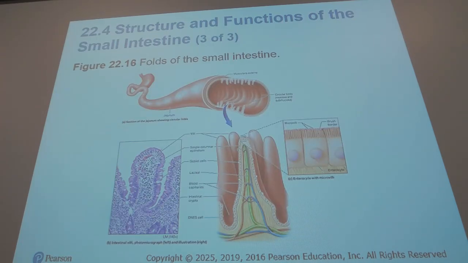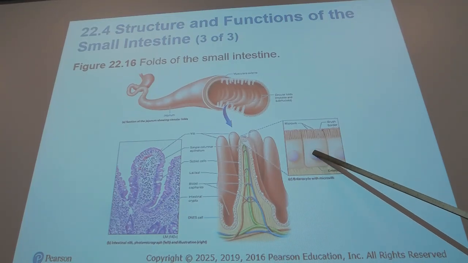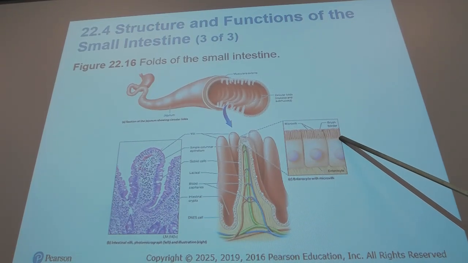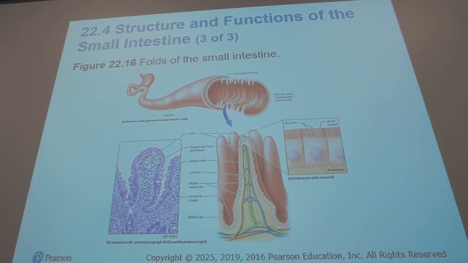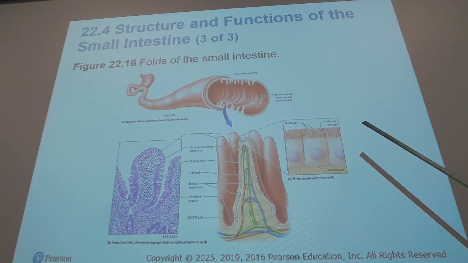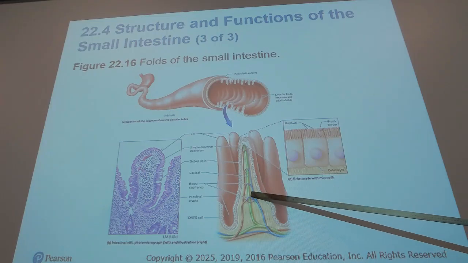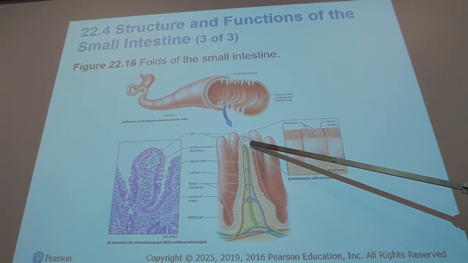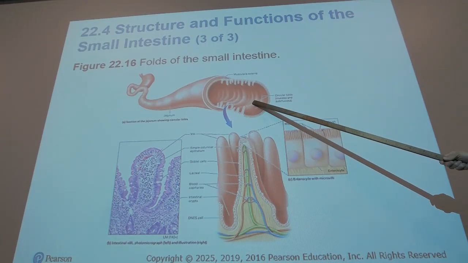For the wall of the small intestines, we have an epithelium, which is simple columnar cells with microvilli. These microvilli have enzymes called the brush border enzymes that help to break down lipids, carbohydrates, and proteins. And within these cells internally, we have the capillaries and the lacteals that absorb the nutrients and the water that are in the lumen of these